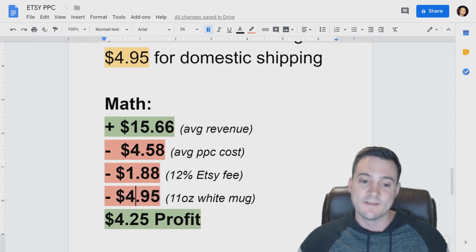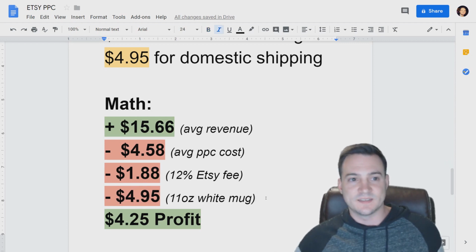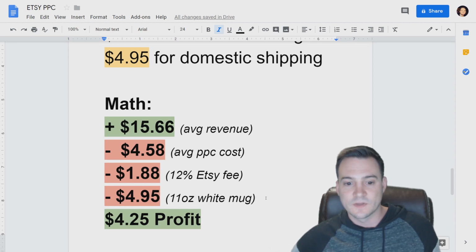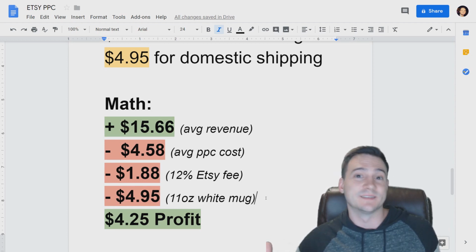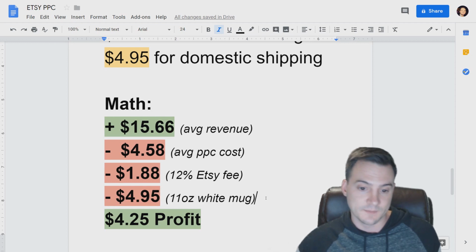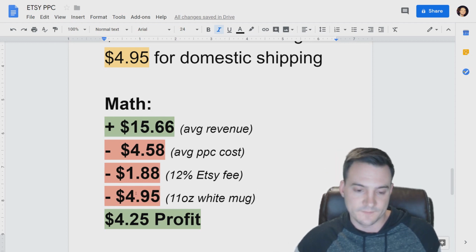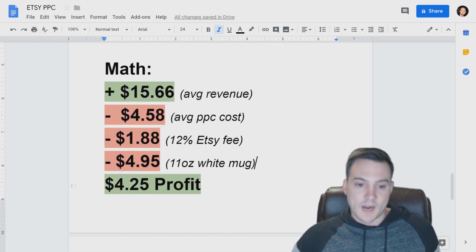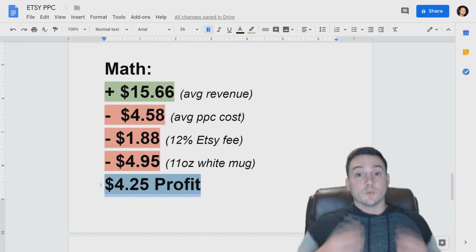I think the 15-ounce white mug in Gear Bubble is $7.95. No, it's $6.95. And then the black 11-ounce mug is $7.95 base, and the 15-ounce black is $9.95 base. So if this person's selling those, they are losing money. I guess if they're selling the 11-ounce black or the 15-ounce white, they're okay. But anyways, if it's 11-ounce white, then they're left with $4.25 profit per order, which is really